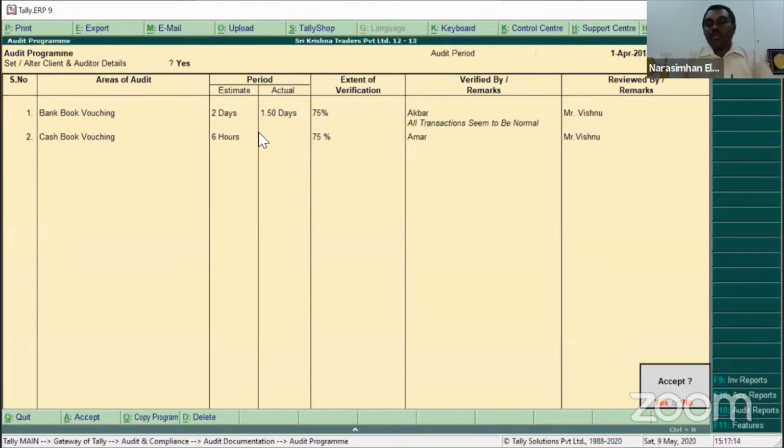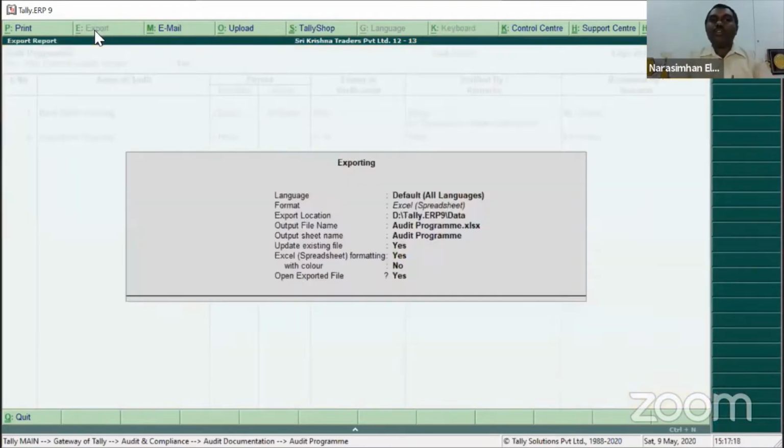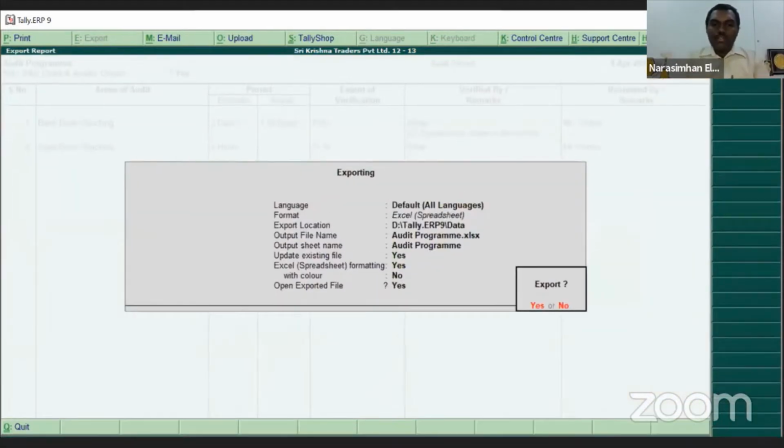Don't you think when you're exporting this, you are keeping a version, and it becomes all the more easy for you to have your Tally documentation? The answer is yes. So for simplicity's sake, I have created one folder where I will put in all of those. Just give me a minute. I will push that data into the folder so that you are able to view everything at one shot.